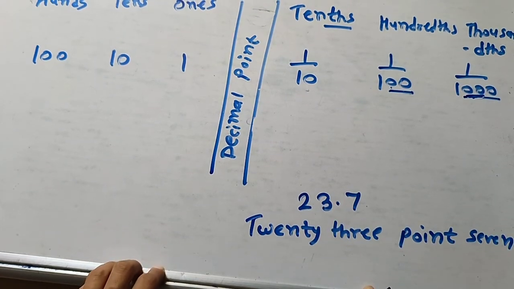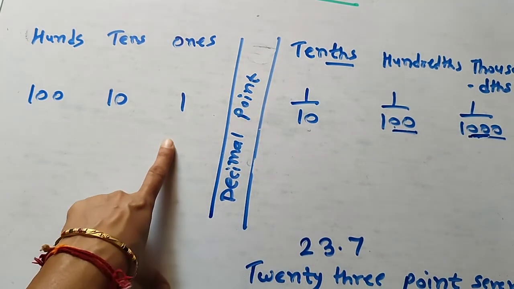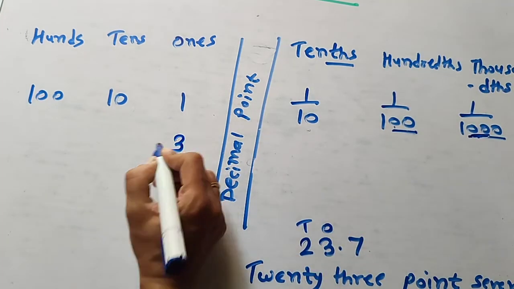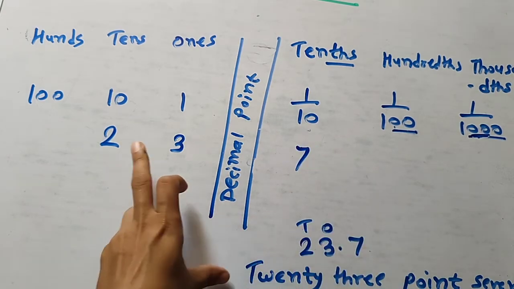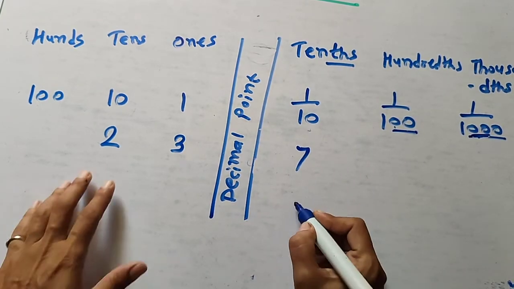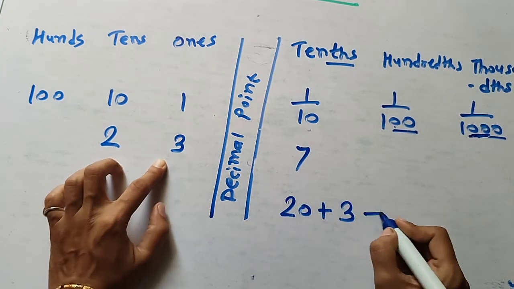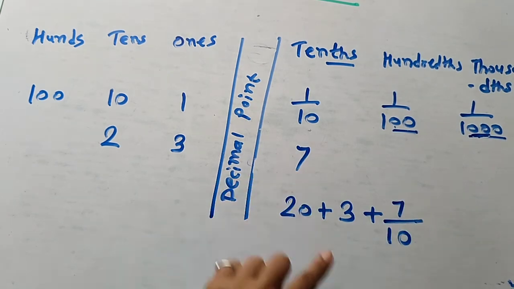Now you have to write this number in expanded form. So first you have to put this number in place value chart. So 2 3. So this is 1's place, this is 10th place. So 1's place is 3, 10th place is 2, and this 7 at 10th place. Okay, so remember this. So we get the value this way. So how to write the number in expanded form? See here we have to write 2 means 20 plus 3 1's place plus 7, कौन से place पे? 10th place. So 7 upon 10. This is 10th place.